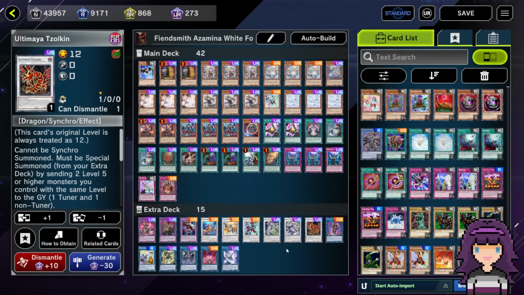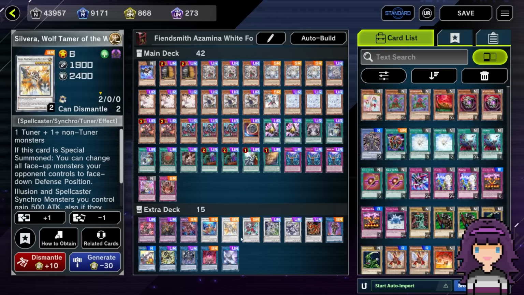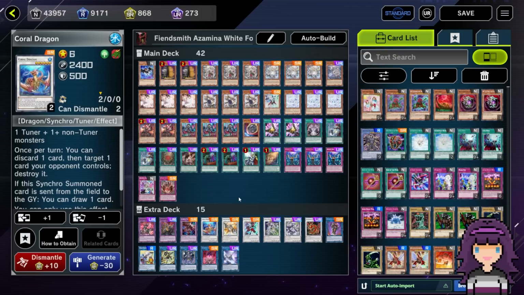at the Ultimaya Zulkin. You could summon that alongside the Rakila, the Silvera, or also we play Coral Dragon as well. I'll show you how we incorporate that into a turn 1 combo line. You might have heard me talk about extra space and looked at Coral Dragon and been like, really? But yeah, Coral Dragon's actually pretty good in this build with Ultimaya Zulkin. Again, shout out to Moha for showing us all that line with the video. It's not like they showed me personally, but